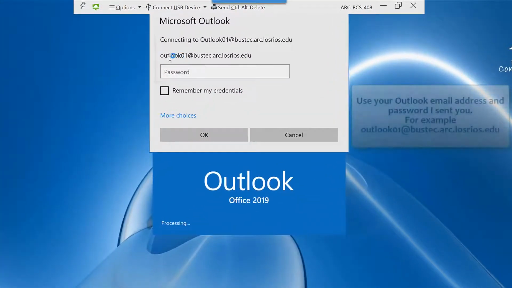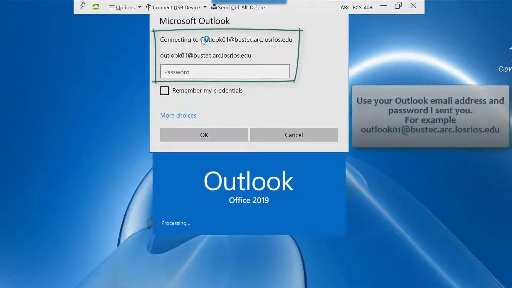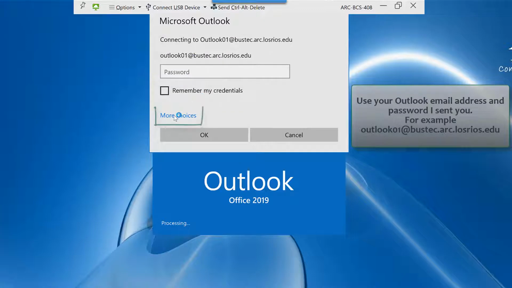The first time when you set it up, you're going to type in your Outlook and your number and the email address there, the biztech.arc.losrios.edu. There might be times when you log in and it may come up as a different number here. It may be somebody else's number. If that's the case, normally it's going to ask you for your email address first and then your password. But if that's the case, that it is another number, click on More Choices here and